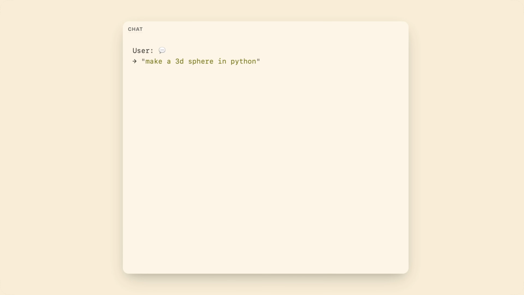But here's the fun part. This globe did not come from any of those agents. It came from an agent I built myself. Today, I'm going to show you exactly how it works and how shockingly simple it really is. Let's go. In 2022, if I prompted a language model to make a 3D sphere in Python, it would just